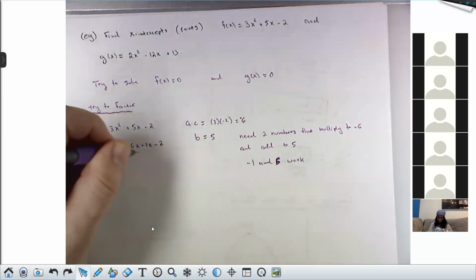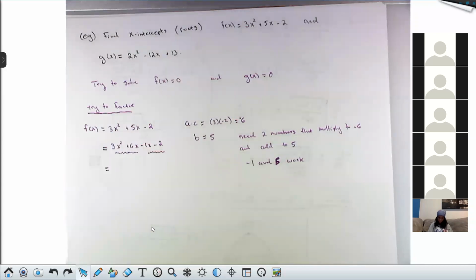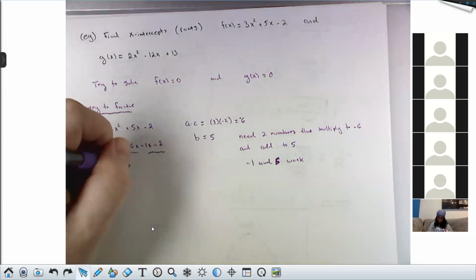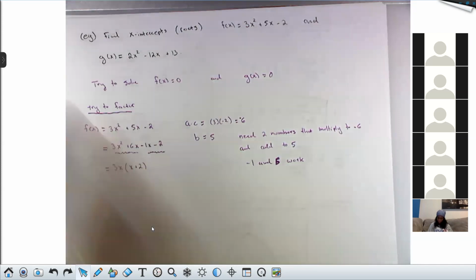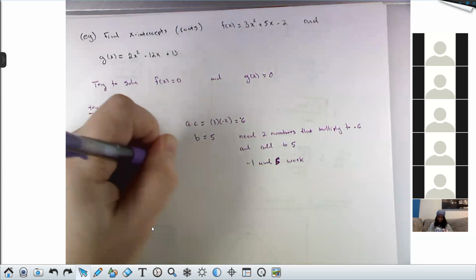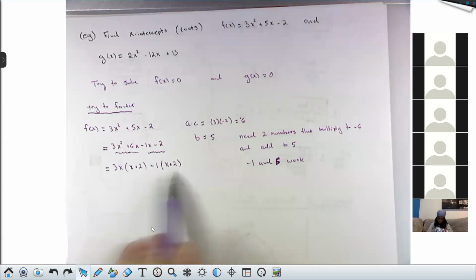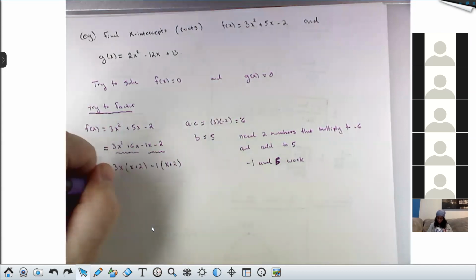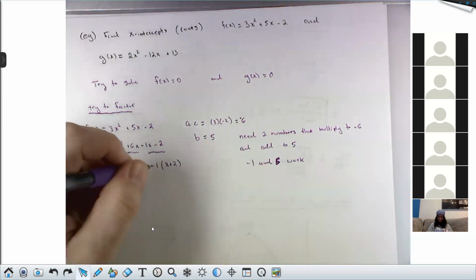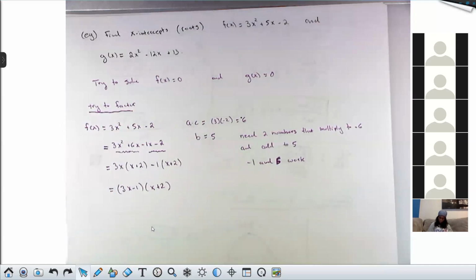So from this first group and from this second group, I will pull out as much as I can. In the first group, I can pull out a 3x, and what's left over is x plus 2. And from the second group, I can just pull out a -1, and what's left over is, again, x plus 2. And as long as you chose these two numbers correctly, this piece and this piece will always match. So then you can factor it out on the right, leaving 3x minus 1, 3x minus 1, and x plus 2. Right, this is the full story with the AC method.